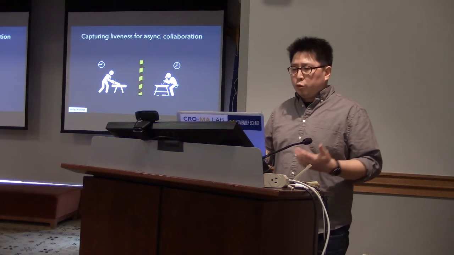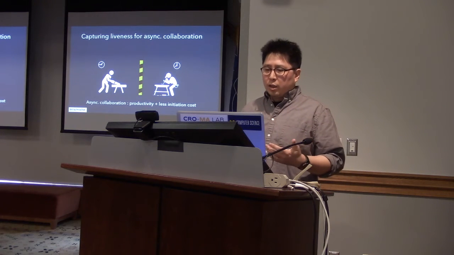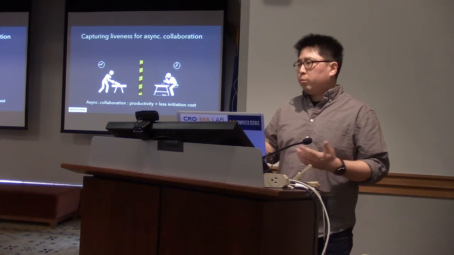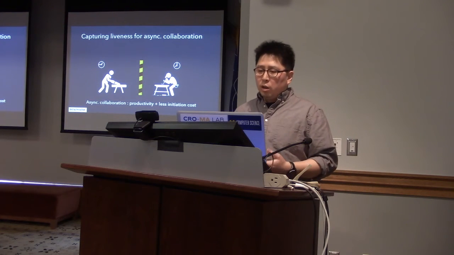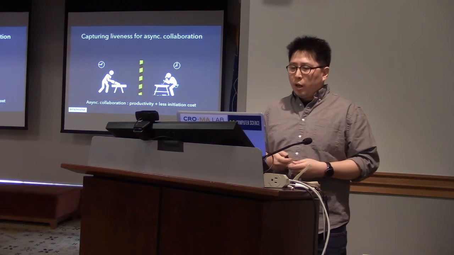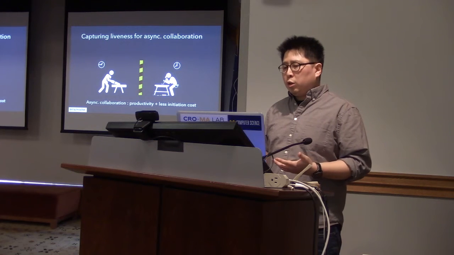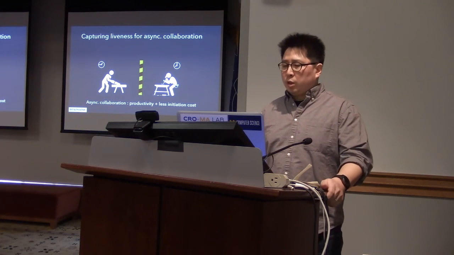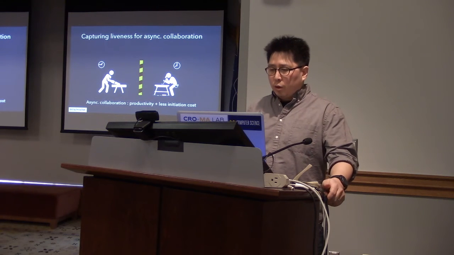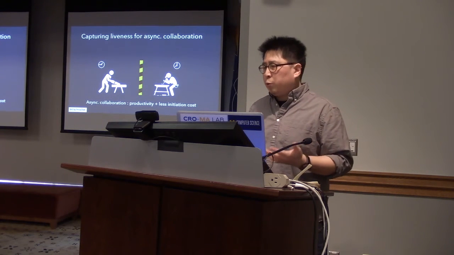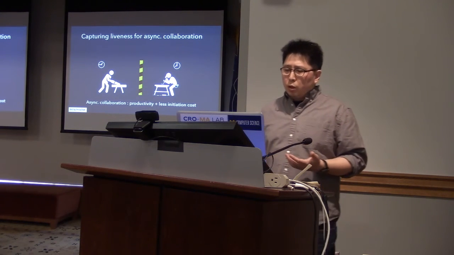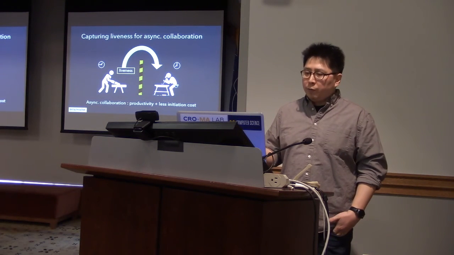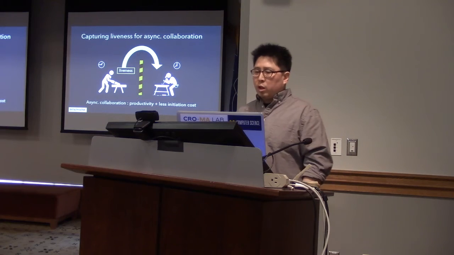For example, if 2 people work separately, they can work in parallel in the time that they are available in private environments, yielding better productivity, hopefully. As opposed to real-time collaboration, where you need to find the time and space that everyone can work together in real time. And so it may not be best suited for efficiency. The question that I want you to answer is how we can capture and benefit from liveness when we collaborate